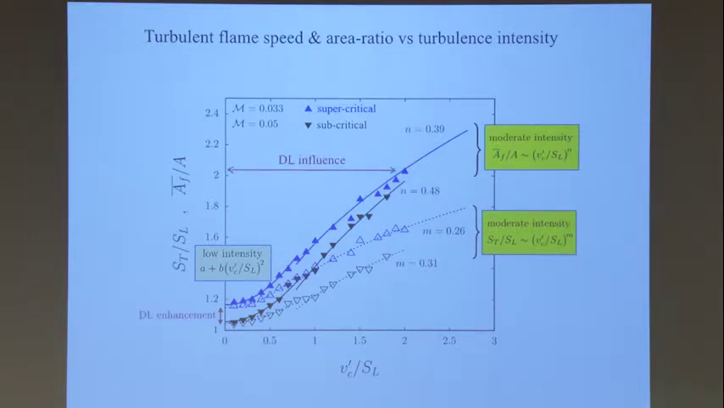You can also see in this picture the Darrieus-Landau influence. First of all, I didn't mention this when I showed you the graph before, but note that the blue curve and the black curve don't go to 1. Often people try to force them to 1, but that doesn't seem correct, certainly not in our case. When the intensity goes to 0, you would say that the flame goes to a laminar one. But for laminar conditions, the